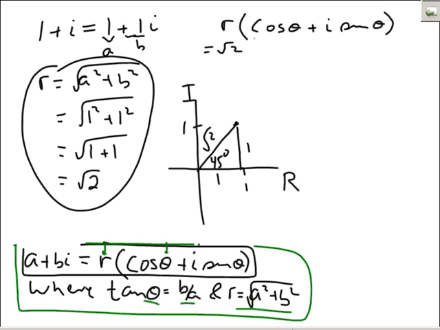Okay, so what's the cosine of 45 degrees? It's adjacent over hypotenuse, 1 over square root of 2, plus i times, the sine is opposite over hypotenuse, 1 over square root of 2. Now, coincidentally, when you multiply, you get 1 plus